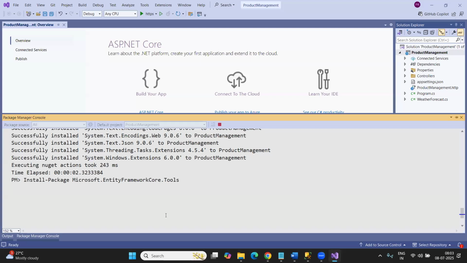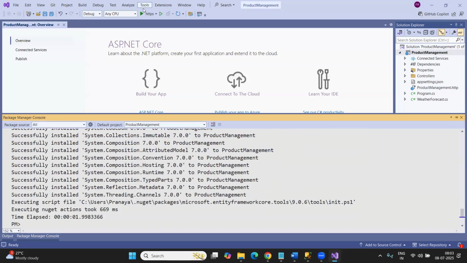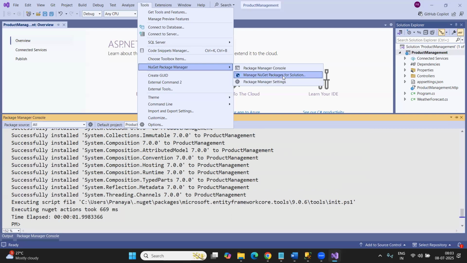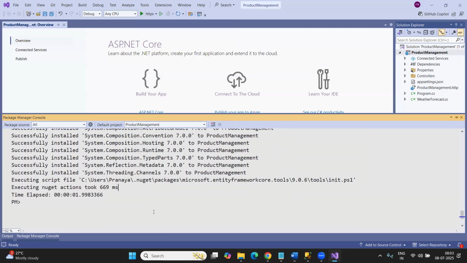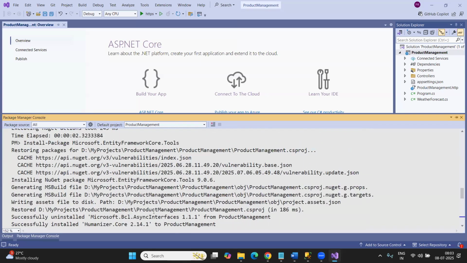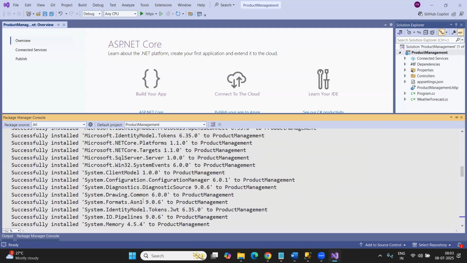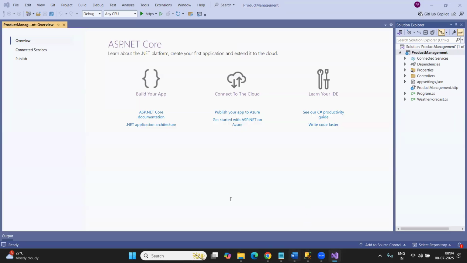If you want to install a previous version, then you have to go to the other option, that is solution, and you can select whichever version you want to use. And with .NET 8, this is fine, and it is compatible. Entity Framework Core 9 is compatible with .NET 8, so I can install. So once this is